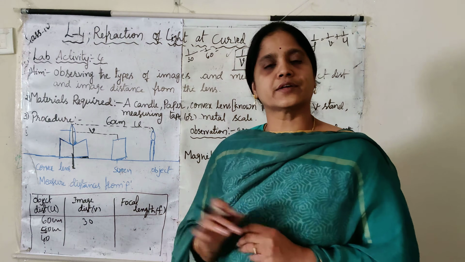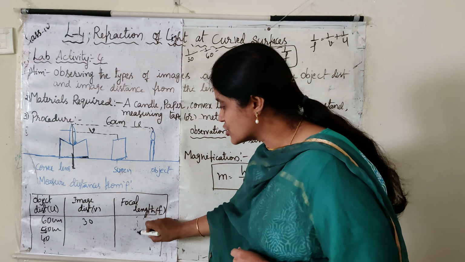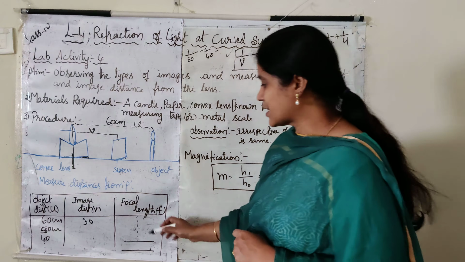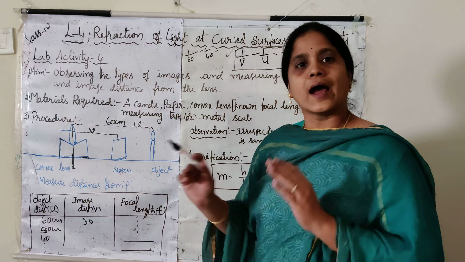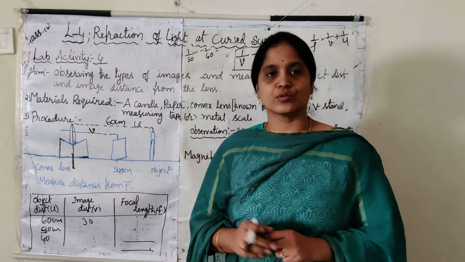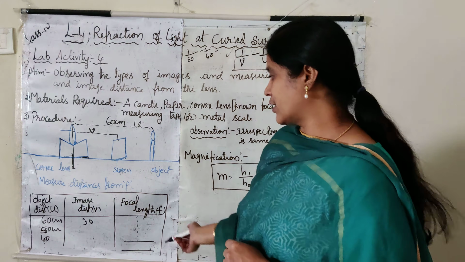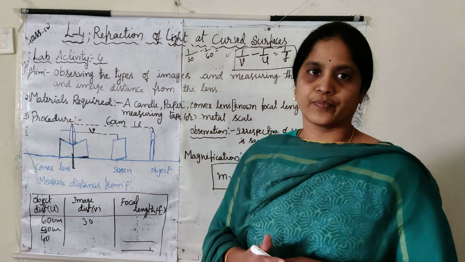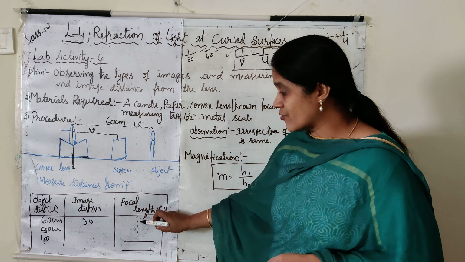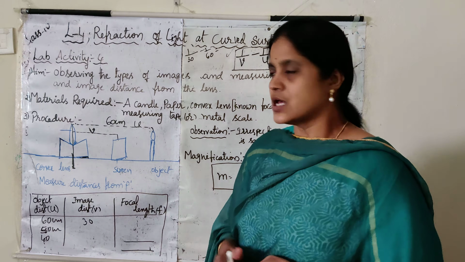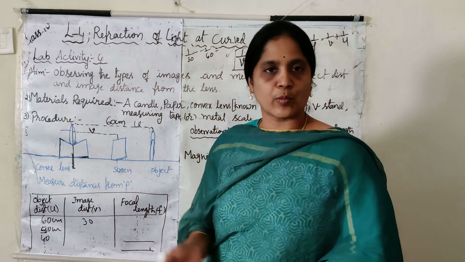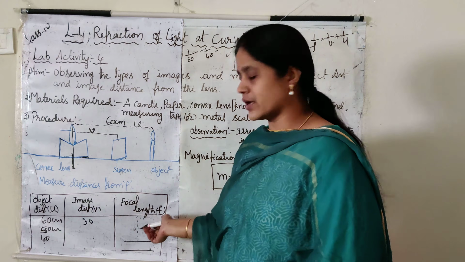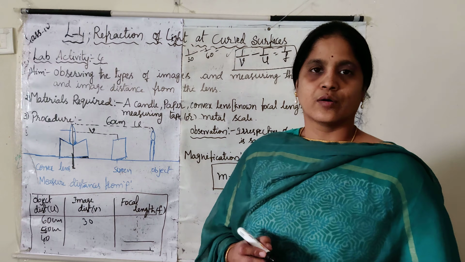If you are not getting that, then take the average of the values you are getting, and that will be the final value, the correct value for the focal length. Why do we sometimes not get the same values? Because if we do not do this lab activity properly, if we make any mistakes, then we will not get similar values. Okay, next,